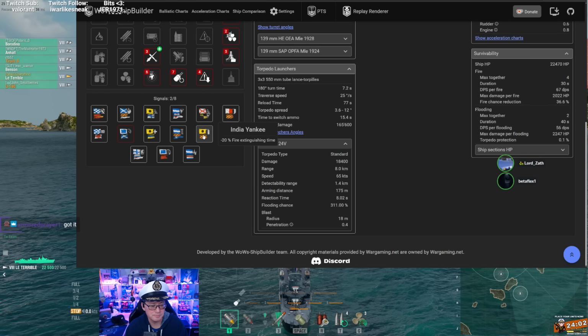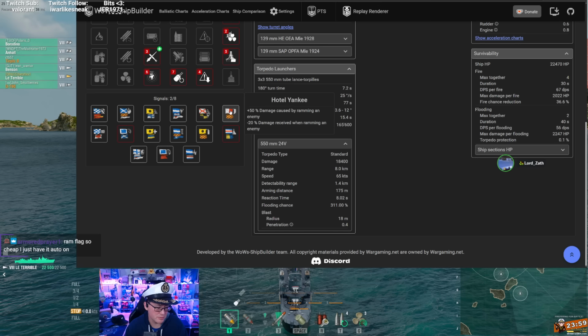True, that is 8 seconds to consider. So, yeah, ramming flag is cheap, so you can absolutely put it on auto. Just make sure it's auto reimbursing in credits and not coal or whatever. I remember the days when it would reimburse in doubloons. Ugh. Anyway,